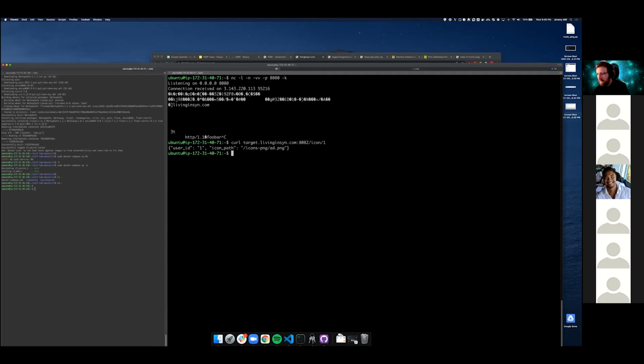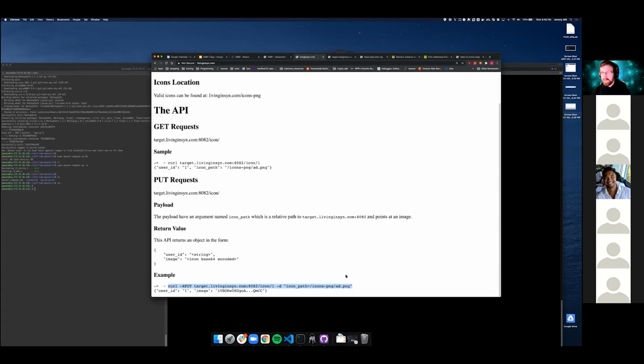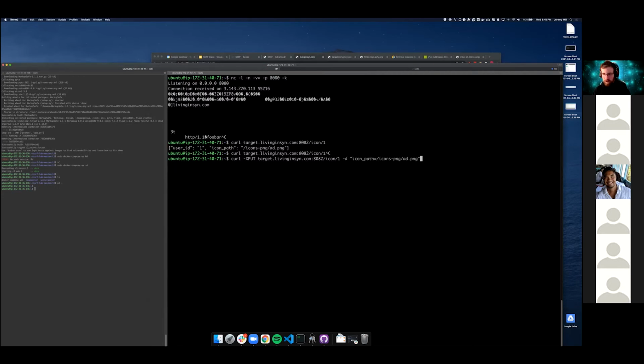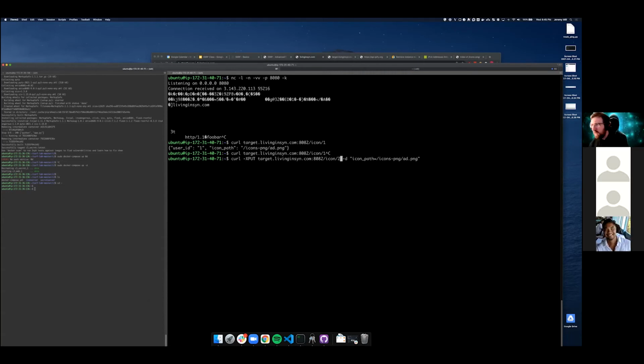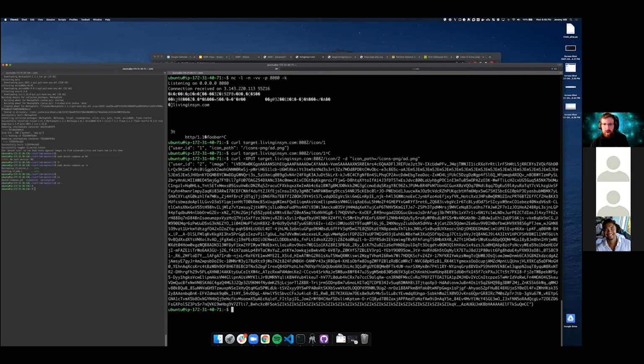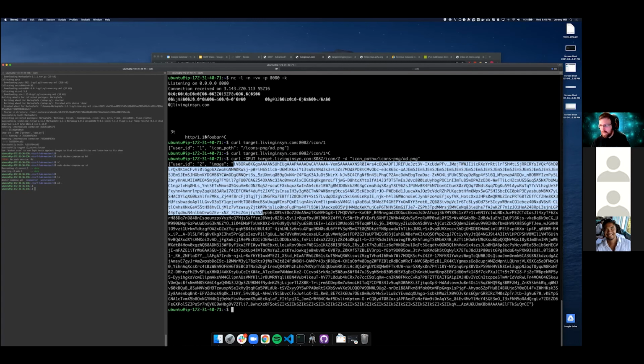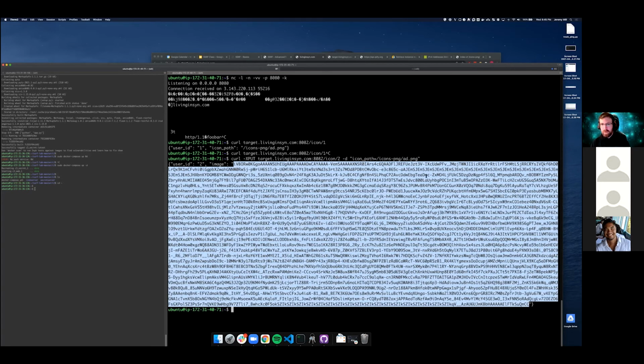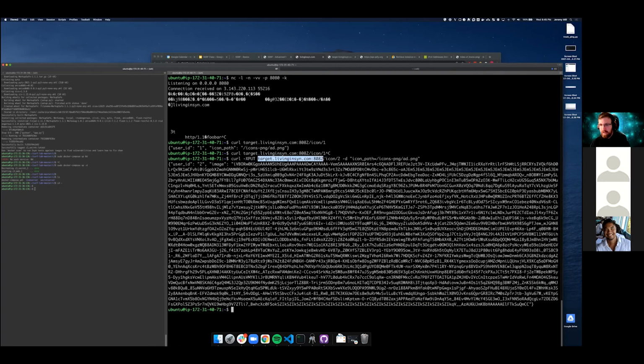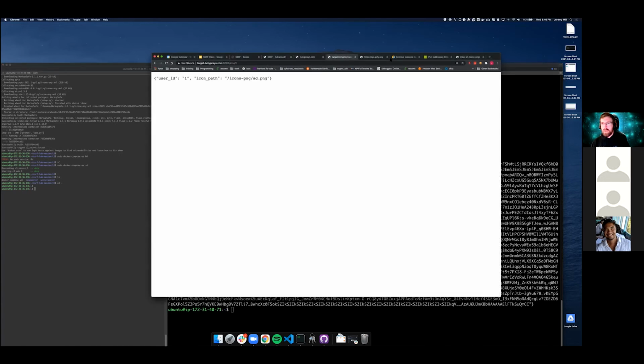So /icon/1, right? If I change this to, sorry, you actually have to copy it if you want to paste it. We'll change this to a different user ID, and try to use a different user ID than 1 or 2. Pick some random string of digits for your testing. What you get back is user ID 2, and then you get back a giant base64 encoded image. So again, the PUT is going to target.livingandsin.com port 8082/icon and a user ID. We're passing it an icon path, and it has a path relative to livingandsin.com. And that should be right in that